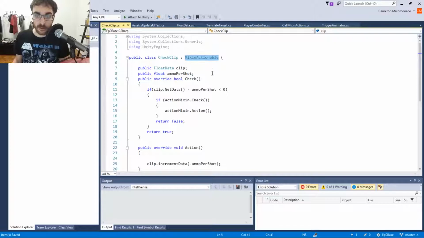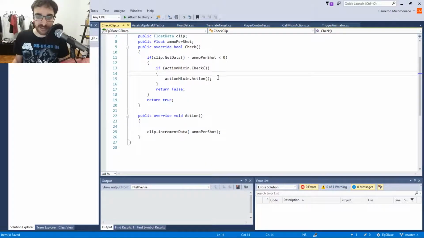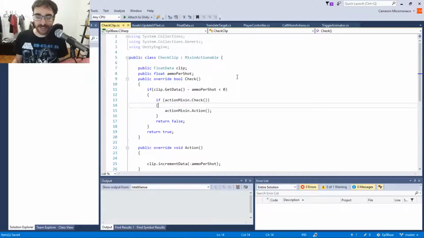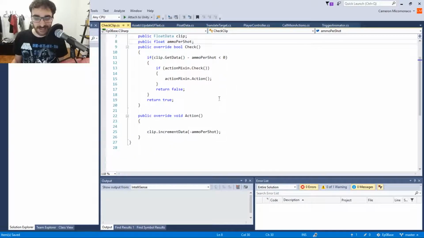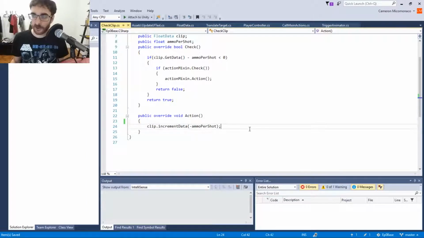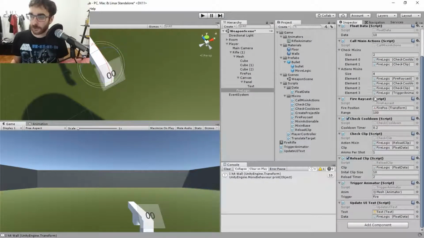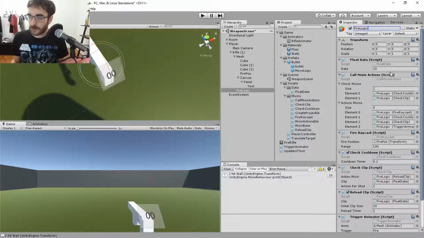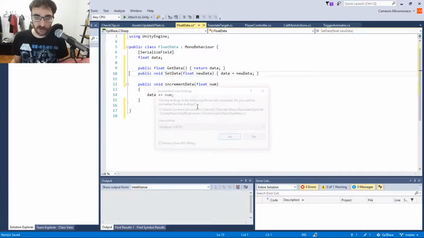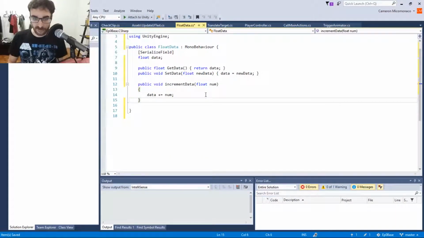We can make it a, oh, it's already a mixin actionable because it calls the reload function for that. But you know what, that wouldn't work anyways, because then it wouldn't update when it actually does reload. But okay, here's what we can do. We'll probably want to do this anyways. Is we can have like a,